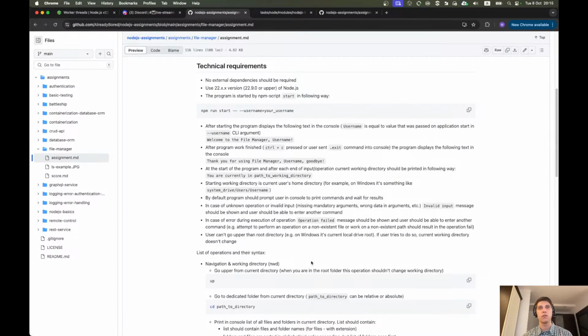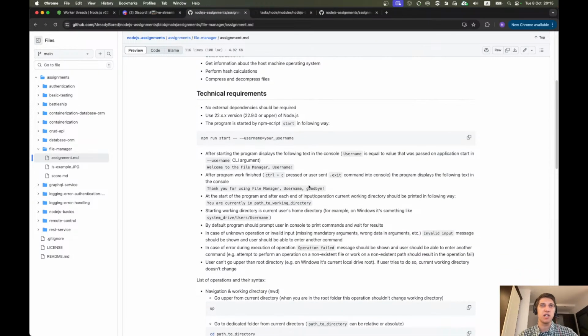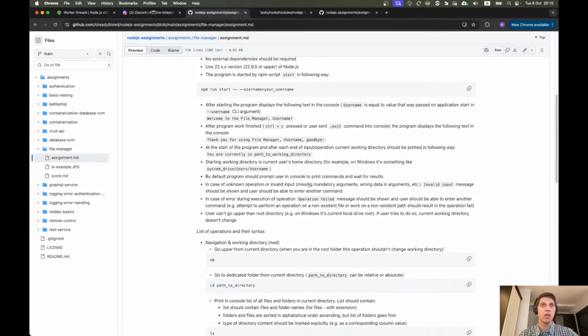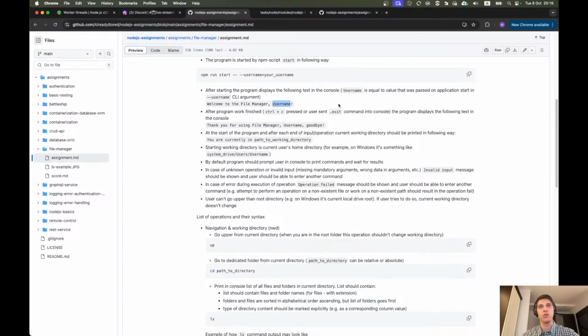a console application. You need to implement your own, let's say, file manager. So what does it do? You can start it using npm run start and provide it with your username. This username is used for the greeting message. We need to see Welcome to File Manager, and here will be your username. And after you quit your file manager, you will see the message: Thank you for using File Manager, your username,